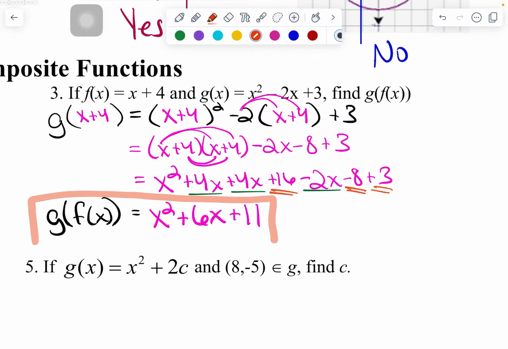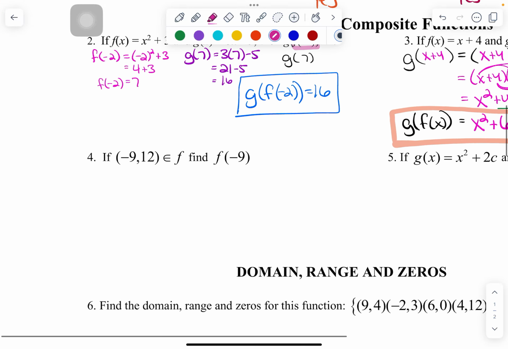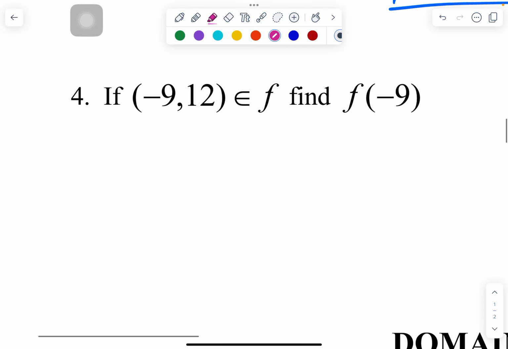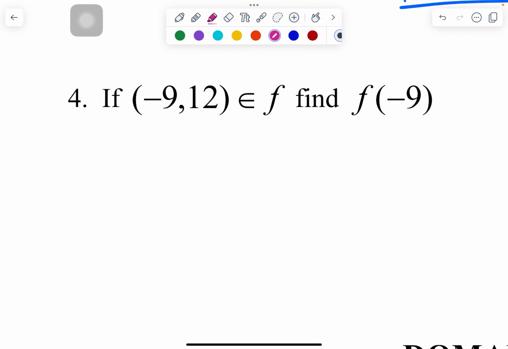All right, so there's your final answer for question number 3. Again, that's a composite function. So let's move on down. I think there's a couple more problems here. Problem number 4 is going to introduce something that you may or may not have seen before,